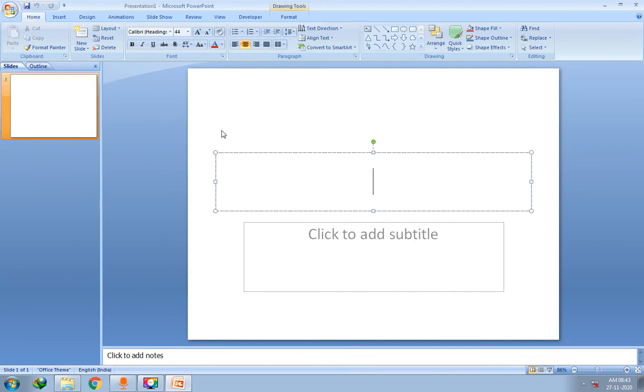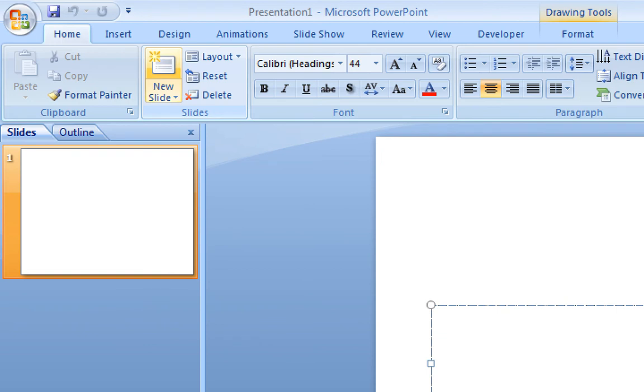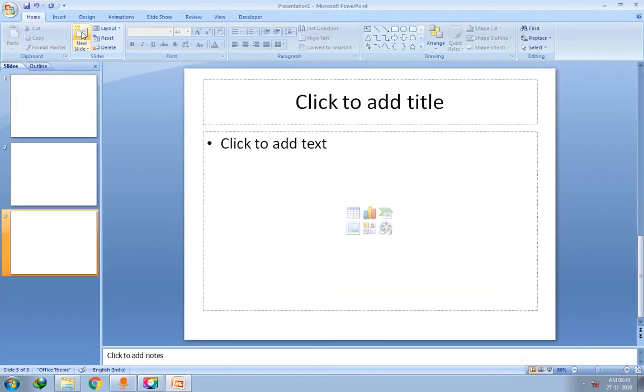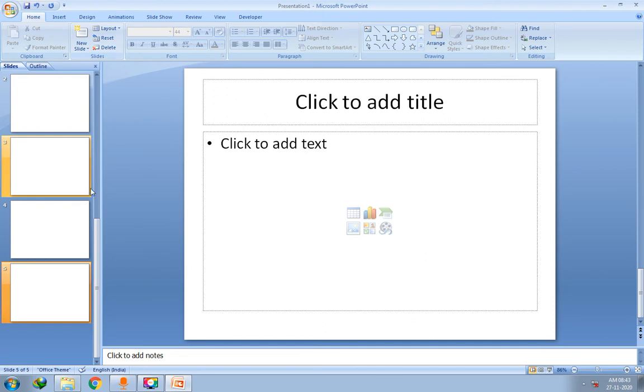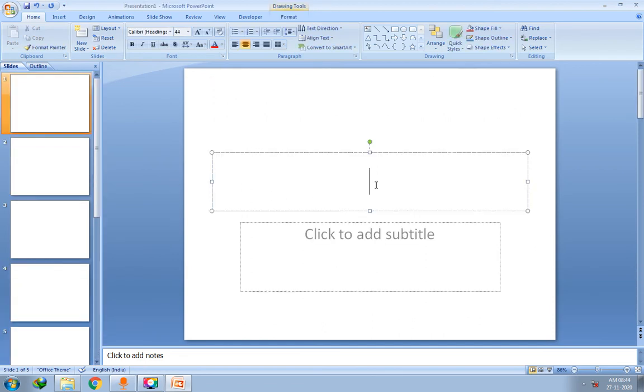To apply the themes, first of all, click on the new slide and I'll enter a total of 5 slides in this, just on the Home tab. Yes, on the Home tab, in the Slides group, click the New Slide option, right? So I will do the same, 2, 3, 4, 5. Now on each slide I will write the name of each student.